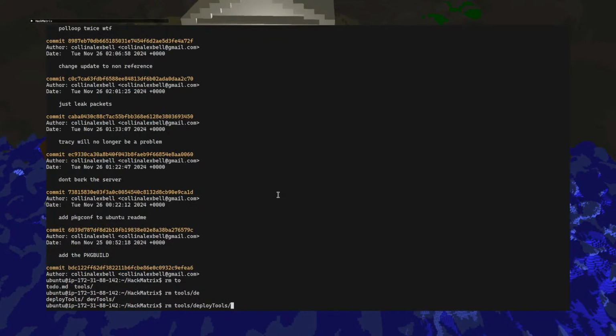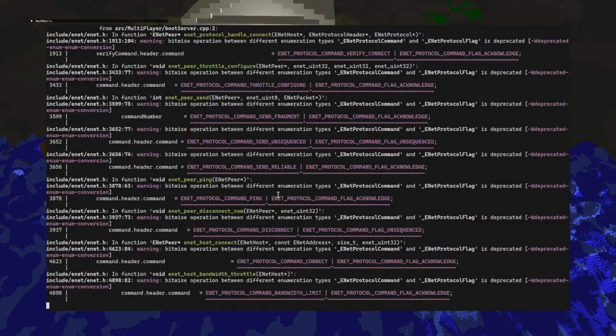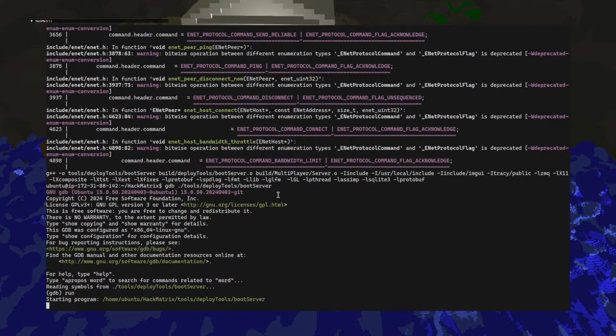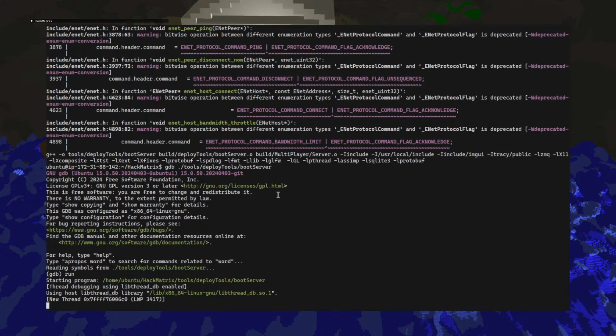Deploy tools, boot server, make. So it's going to rebuild the boot server. And we'll GDB, I will run, I will disconnect, I will reconnect. No crash, yeah.